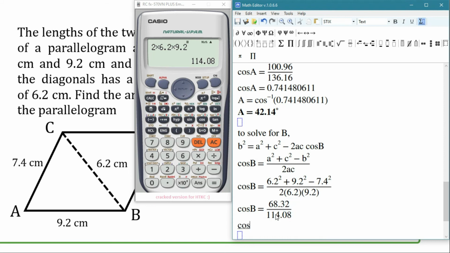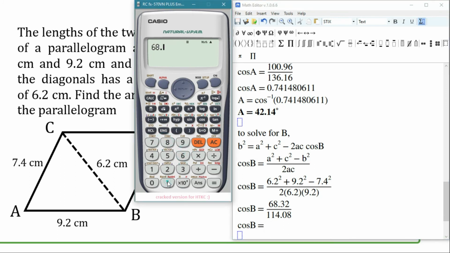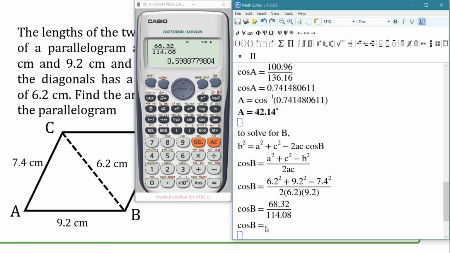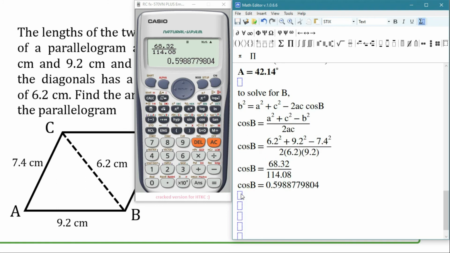We have cosine of B equals 68.32 divided by 114.08. Okay, so that is equivalent to the value 0.5988779804. And then tulad ng ginawa natin kanina kay angle A, for us to solve for B, we look for